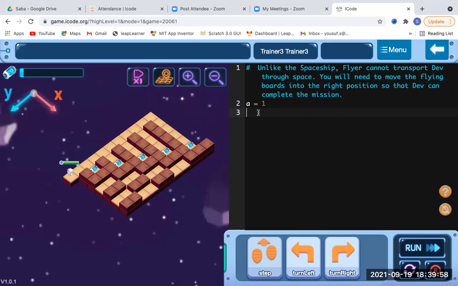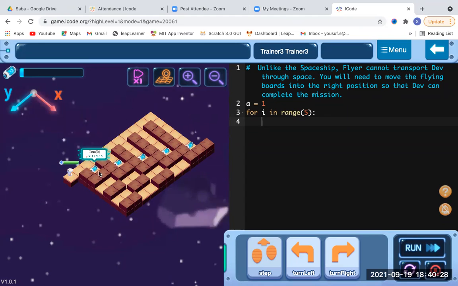So we have for i in range, close bracket 5, and then a colon. Now what I have to do: we have a complete step, how much step it should go, and then turn inside. Again, he should turn inside, meaning turn left or turn right.